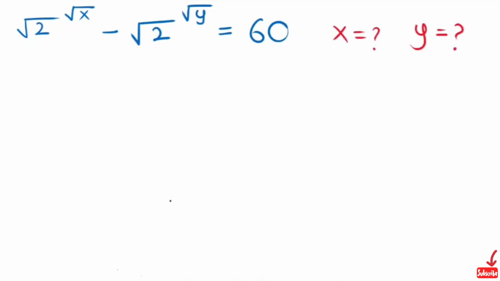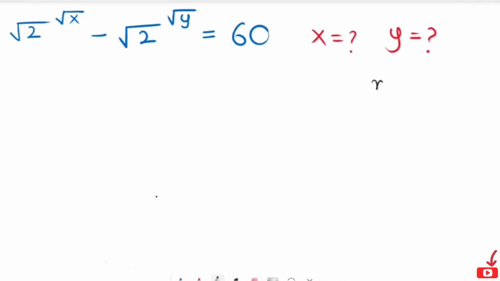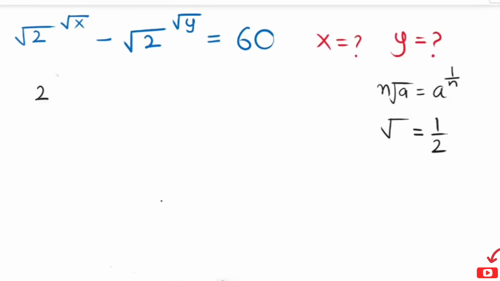In the first step, I will use a radical property, that is the nth root of a is equal to a to the power of 1 over n. Here this root always equals 1 over 2. So the given equation turns into 2 to the power of 1 over 2, whole to the power of root x, minus 2 to the power of 1 over 2, whole to the power of root y,